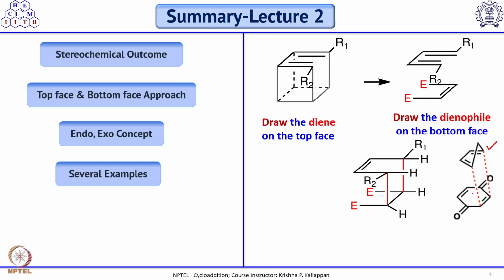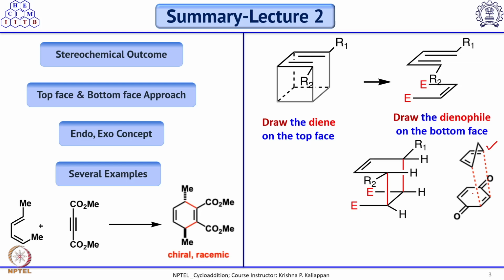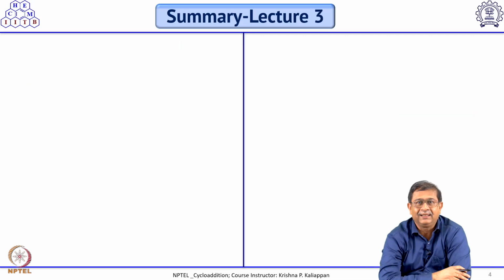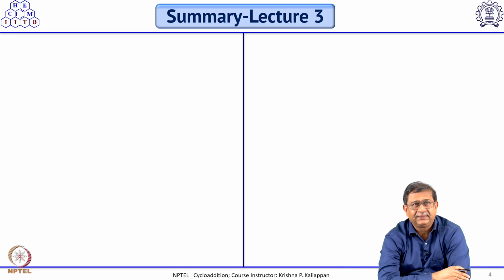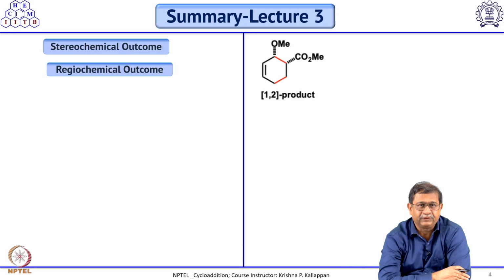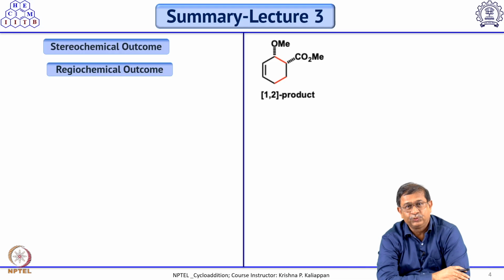So we also discussed several examples of 4+2 cycloaddition reaction, and for example, when you take a diene like this and then a dienophile, you can see that the product which you get is racemic, but it can be chiral if you use any chiral ligands or catalysts. In lecture 3, again we continued upon the stereochemical outcome for some time and moved to the regiochemical outcome of